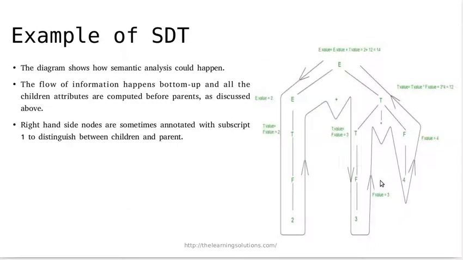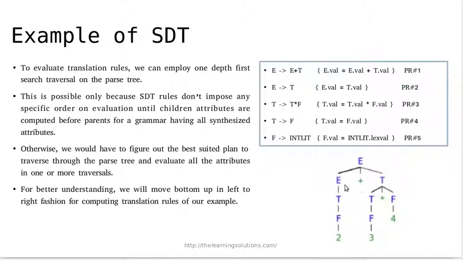So we add this 4 value to F, and after that follow the upward path. We have reduced T star F to T, and after having 2 plus 3 into 4, that is 12, this T is carrying result 12 and this E is carrying result 2. So 2 plus 12, E plus T. Can we reduce this in bottom up parsing? Yes, we can reduce. E plus T can be reduced to E.